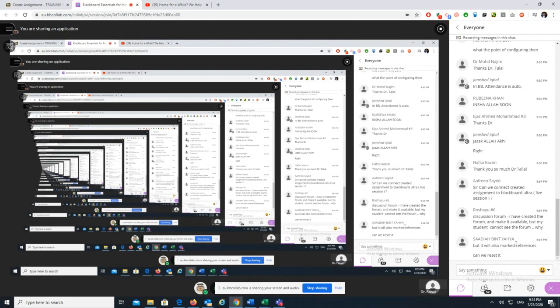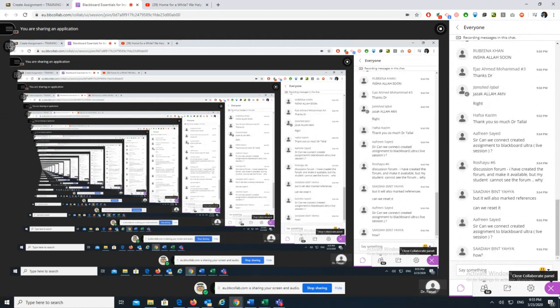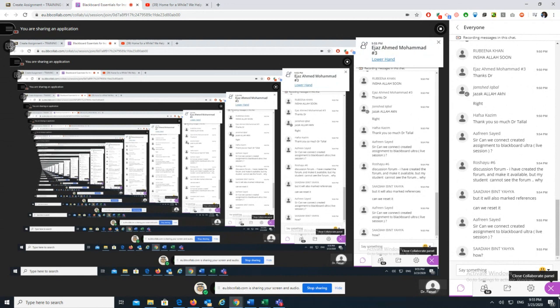Yes, but whenever you are using SafeAssign, make sure you're not uploading the content as a final draft. Make it as a draft, so you and your students can edit the content if they want to edit it and come back and upload it again. Otherwise,